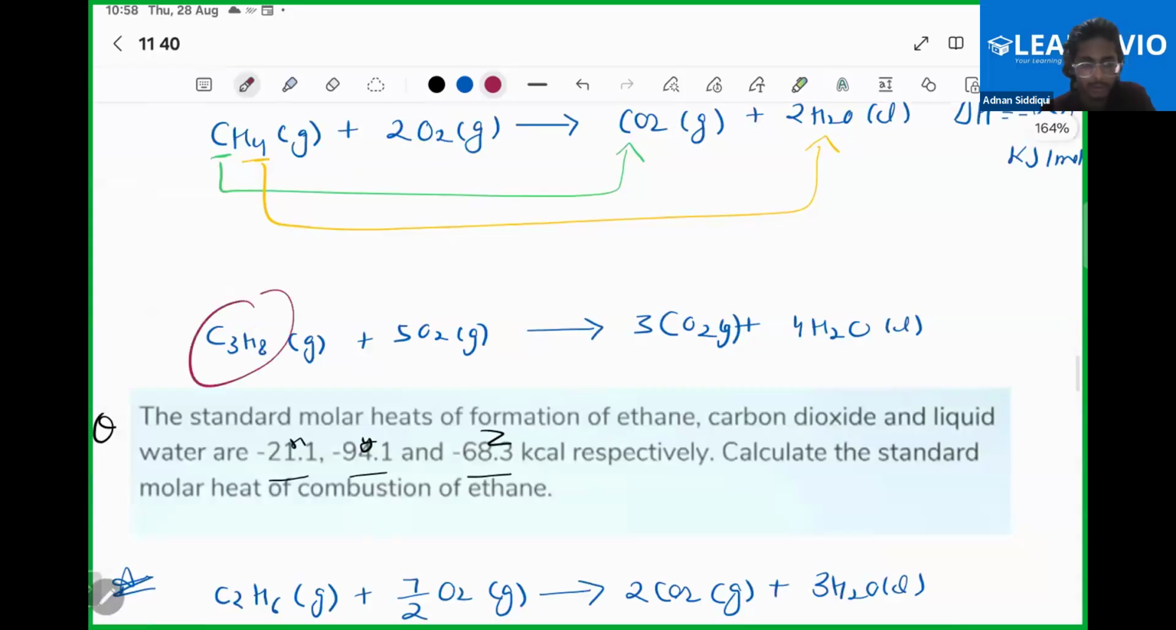Suppose you have this molecule, C3H8, a hydrocarbon basically. If you are